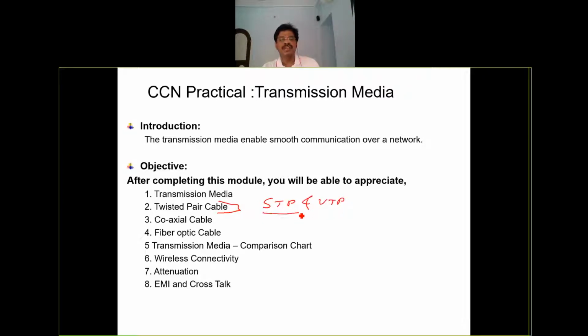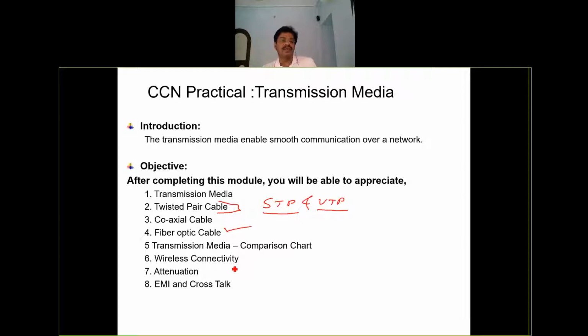Shielded twisted pair and unshielded twisted pair. The cost of this unshielded twisted pair cable is very, very low. And that's why for the star topology, we are utilizing this twisted pair cable in our laboratories. The other types of communication media are coaxial cable and optical fiber cable, which is the backbone for even our entire GEC Karad campus, providing the connections for all the different switches that are kept at various laboratories in the various departments. We are utilizing optical fiber cable as our backbone.